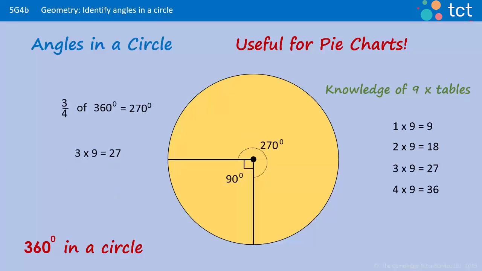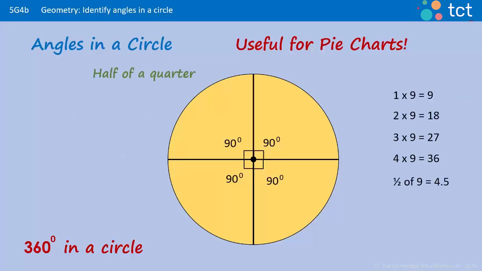Adding on another quarter of a circle takes us to 270 degrees. 3/4 of a circle, if you remember that 3 times 9 is 27, that'll help you to remember that 3 times 90 is 270. And the full circle is 4 times 90, which is 360, and 4 times 9 is